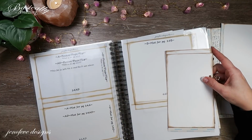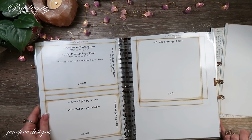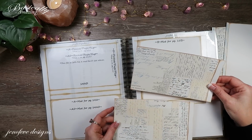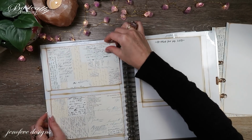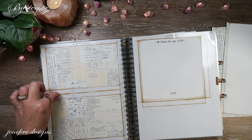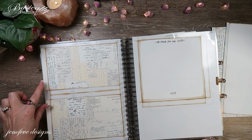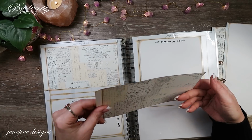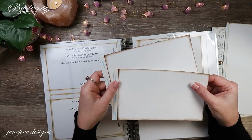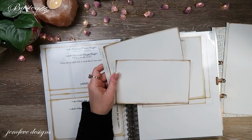Okay, so then the next thing we're gonna need is page 14AD, which is on this side. Page 14AD, I printed it with the letters background. Oops, I think it was this way actually. On white cardstock, and this is the way I cut it out. So I trimmed away the top and bottom tab and left 2 short tabs. And then I put tape, after I scored it, I put tape on the plain white side. Was this the one I messed up on? I think I put tape on the other side with the other one, and I had a heck of a time getting it off. But anyway,